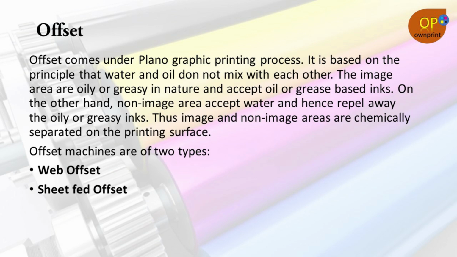It is based on the principle that water and oil do not mix with each other. The image area is oily or greasy in nature and accepts oil or grease based ink. On the other hand, the non-image area accepts water, hence repels the oily or greasy inks. Thus, image area and non-image area are chemically separated on the printing surface. Offset machines are of 2 types, web offset and sheet fed